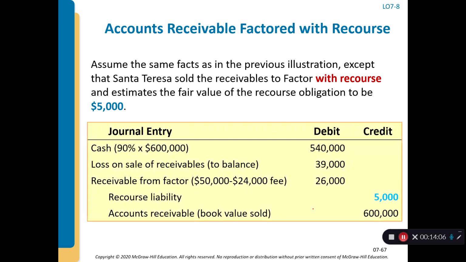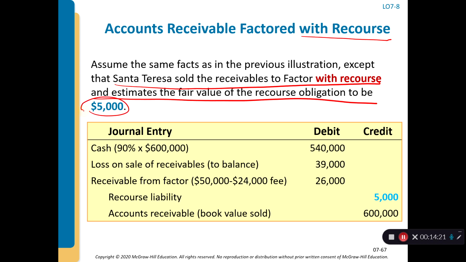Okay, and then if you actually factor with recourse, assume the same facts as in the previous illustration, except that Santa Teresa sold the receivable with recourse and the estimated fair value of the recourse obligation is $5,000. So basically, you get rid of your receivables for $600,000, and they will still only deposit $540,000 for you. And also, you take on a new liability, meaning that if anything isn't collected, you have to owe them $5,000 of liability that you will take on, and